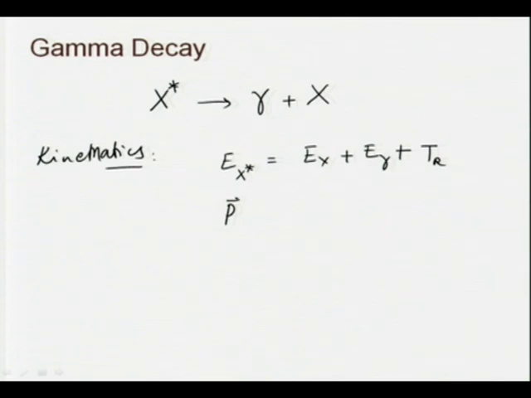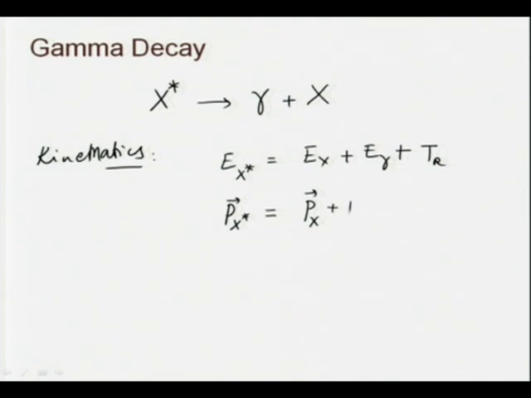Now, momentum conservation will tell us that the 3 momentum of the initial nucleus P x star should be equal to the sum of the momenta of the 2 particles in the final state,